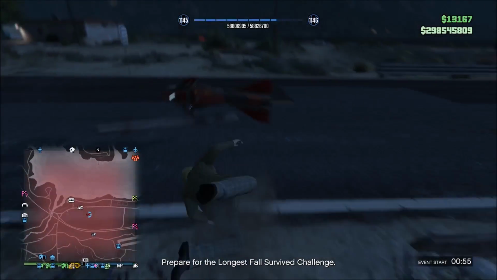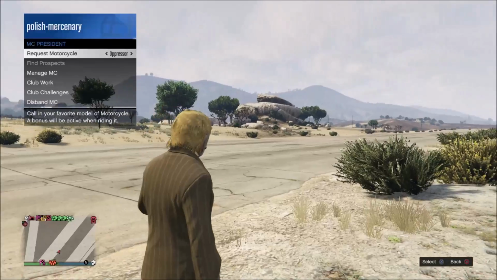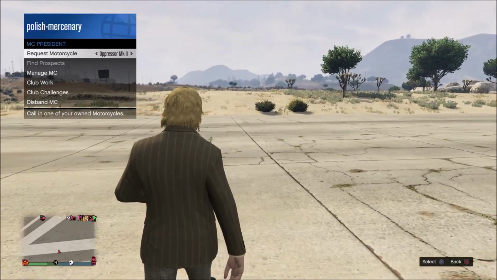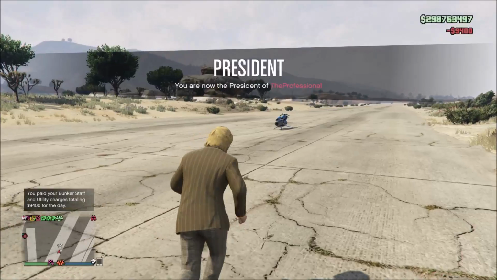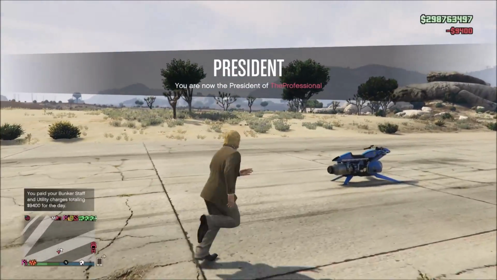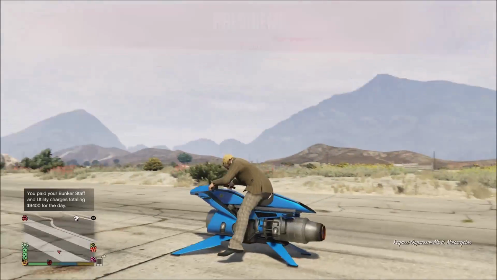So the regular Oppressor, it's still faster than the Oppressor Mark II in the air even. Now, the Oppressor Mark II, you can spawn this thing with an MC menu. It actually counts as a motorcycle for some strange reason, even though it's not even on the ground. You can spawn it anytime with the Motorcycle Club interaction menu,